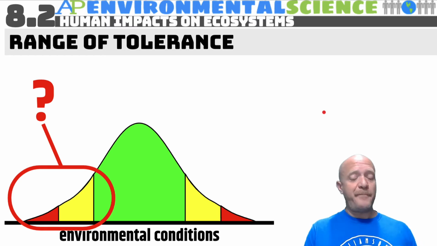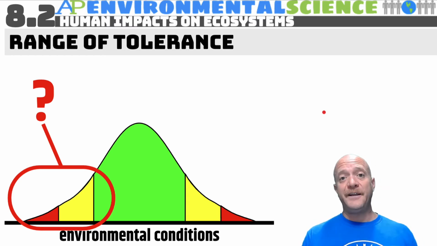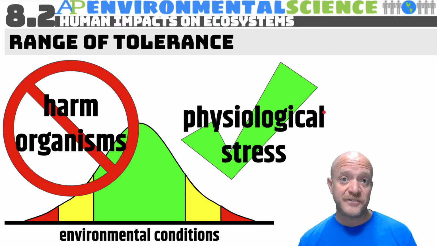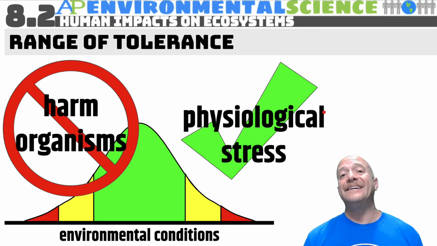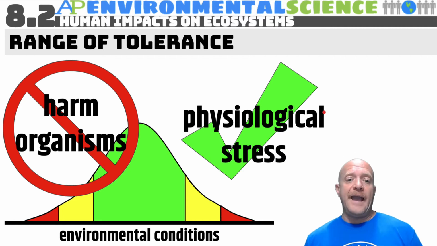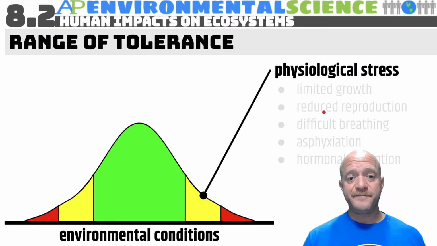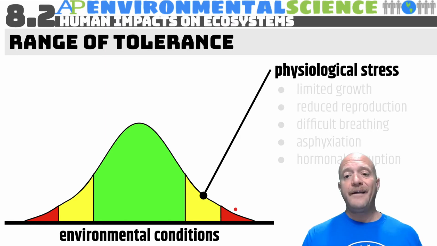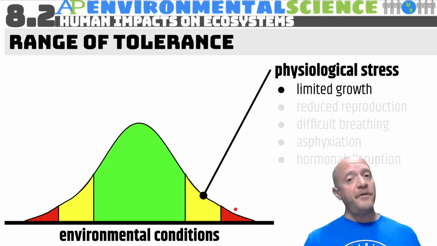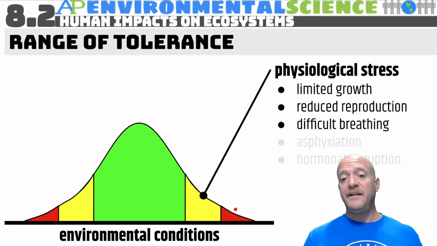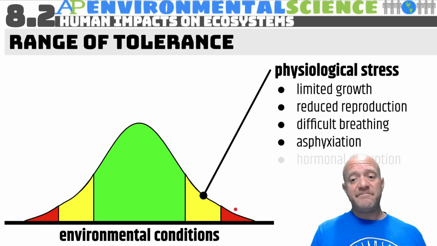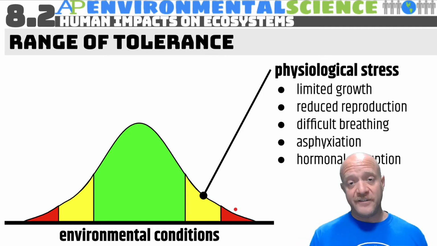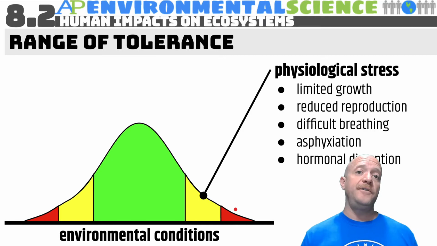So when bad things happen or when the environmental conditions change to a certain degree, don't say the organisms become harmed. Say that they are experiencing physiological stress. That is a better way of using your vocabulary and giving AP quality writing. So physiological stress, this is when we're in the yellow zone. This is actually in the red zone. We got death. But physiological stress can result in limited growth, reduced reproduction, difficulty breathing, asphyxiation, which is kind of like suffocating, well, it's lack of oxygen, and hormonal disruption. So these are examples of physiological stressors,